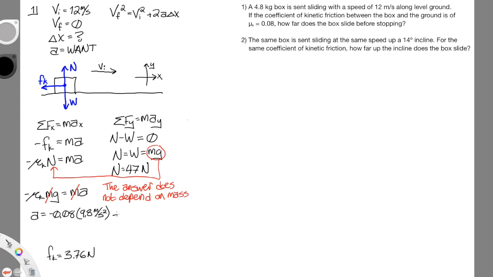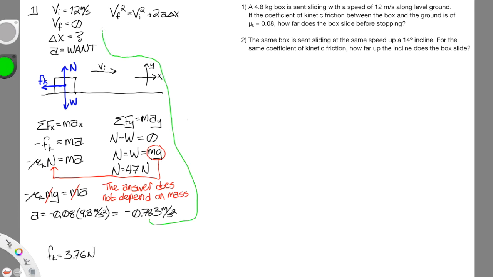So our acceleration turns out to be negative 0.783 meters per second squared. That negative is important. It tells us the box is slowing down because the acceleration is in the opposite direction as velocity. So now we can bring this acceleration that we've just found